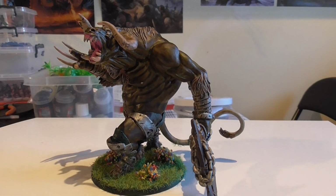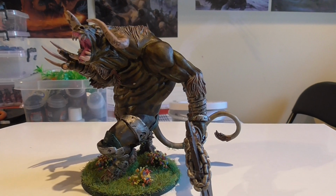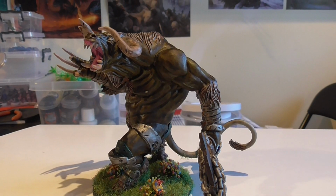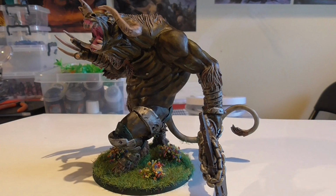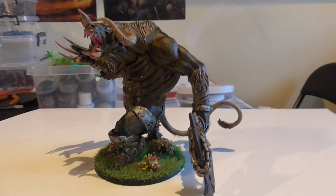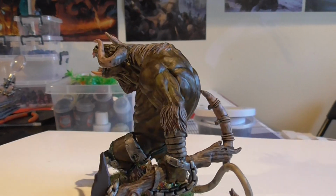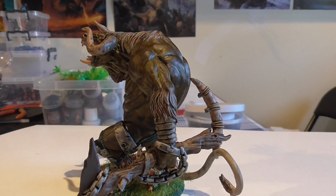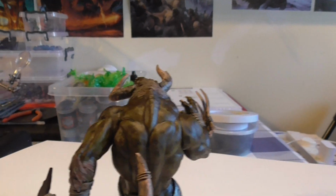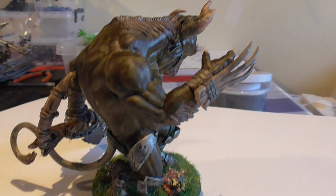Now I went for a dark toned skin for this. All of these models that I've just been showing off here were painted using GW contrast paints for the skins, and on the werewolves I did the raised area on some of those as well, but on the Minotaur all of the skin area on this, hopefully this is coming through, is contrast paint,